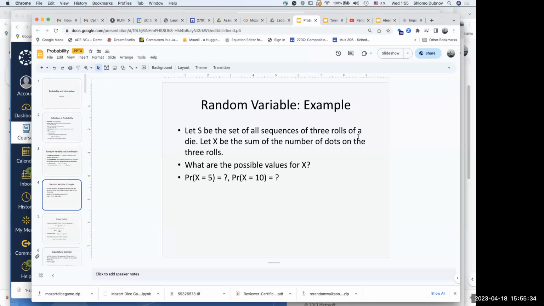Let's say you have 3 rolls of a die, and you throw the dice and see what is the number that you come up with, the sum. So in the case of the Mozart game, we had 2 dice, here we have 3. So what could be the probabilities? What's the probability of X equals 5 or X equals 10? We'll not solve it right now, but you can see that depending on the possibilities,